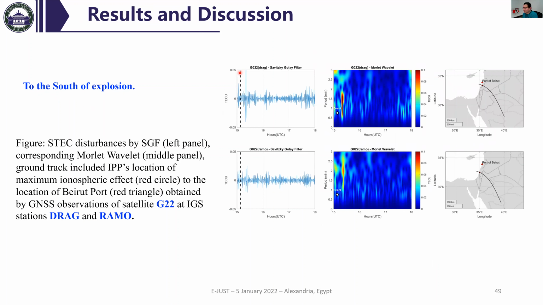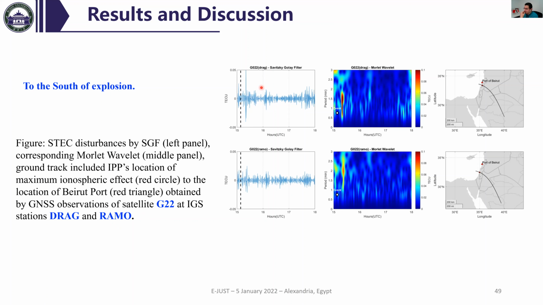On the left side, we can see the dashed line is the time of explosion. After about 11 minutes, we can see the disturbance, almost synchronized over the two stations, Drag and Ram. This is data for the satellite G2020,